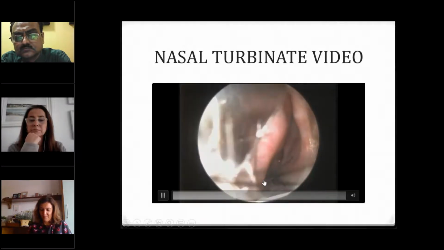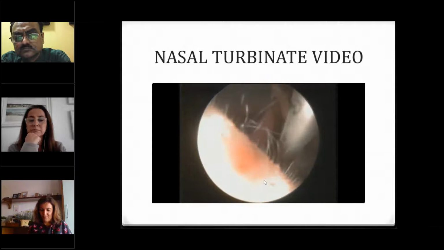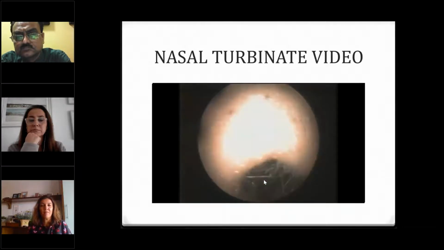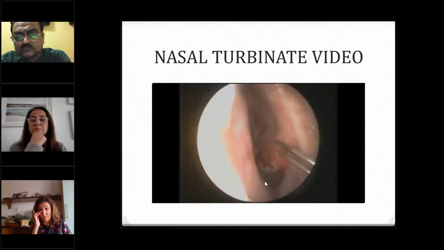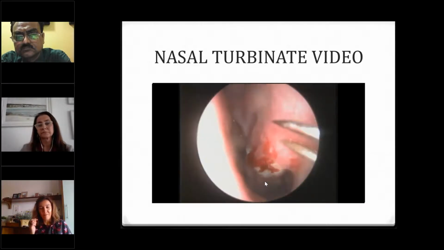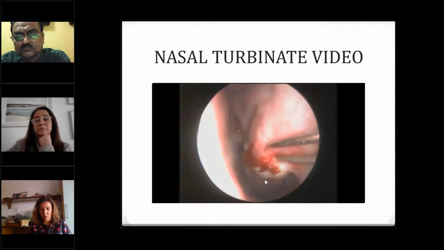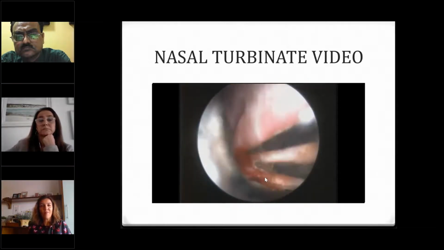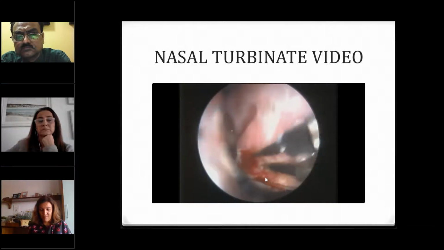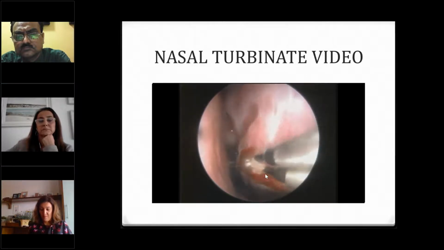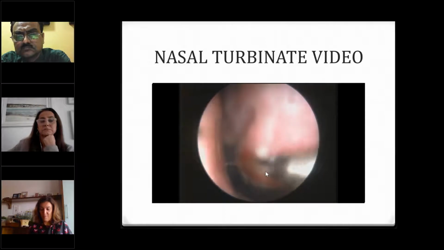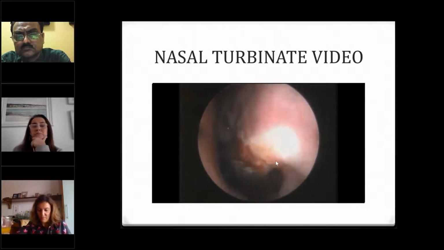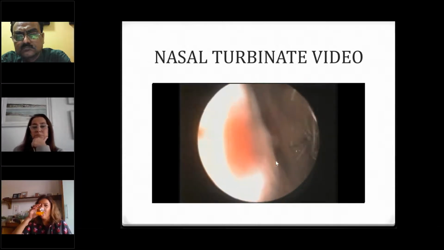This is an example video. The point here practically is to deliver energy slowly and to remove the probe also slowly while giving energy, and there wouldn't be a drop of blood either. This is a sample video set right in the beginning, but these are minor, straightforward procedures as such. So you see your radio frequency energy being delivered to the nasal turbinate.